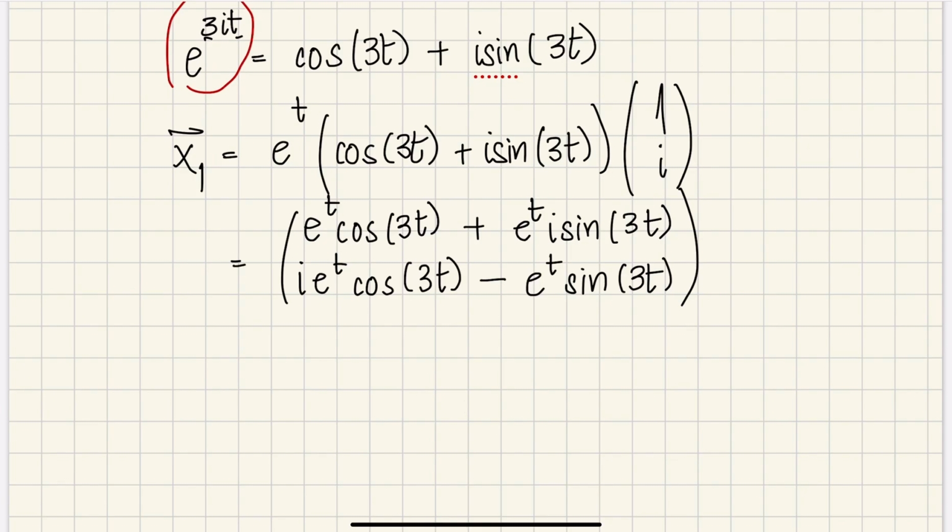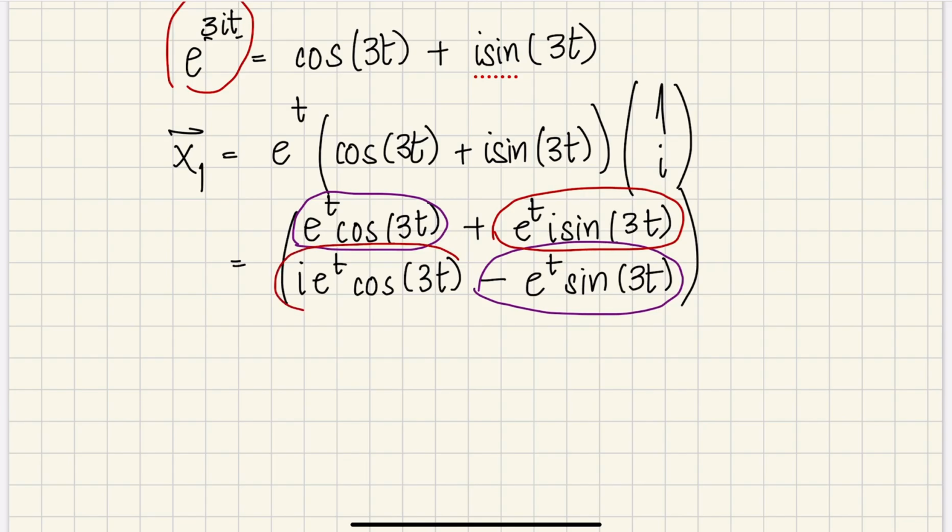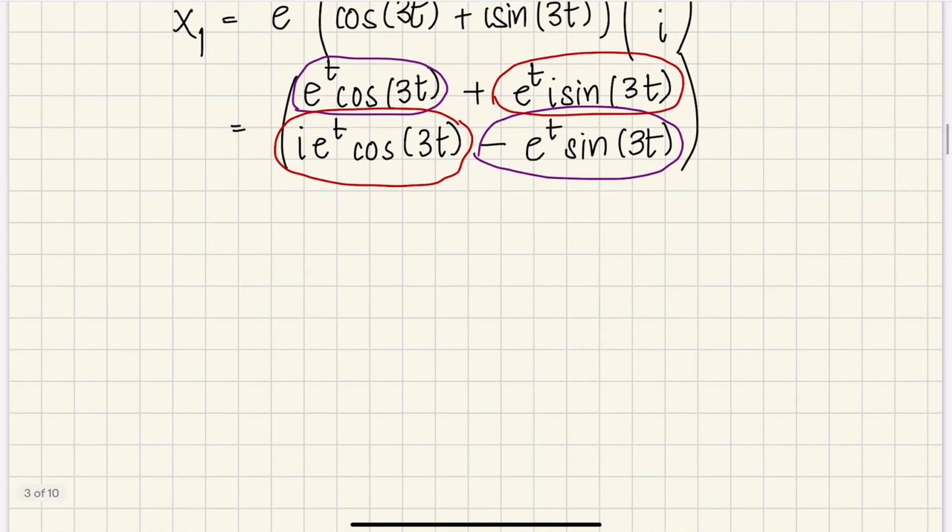Now, the next step is you're going to separate the real terms and the imaginary terms. So here, this is real and this is real. This is imaginary, this is imaginary. Basically, whichever term has an i is imaginary. So if we separate these, we get